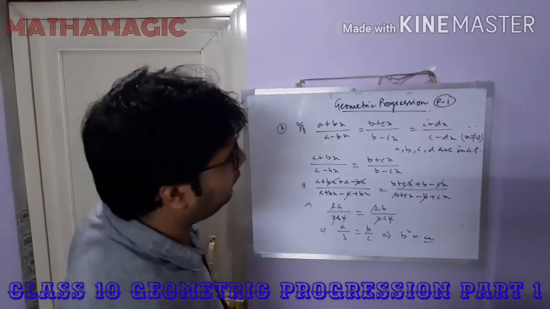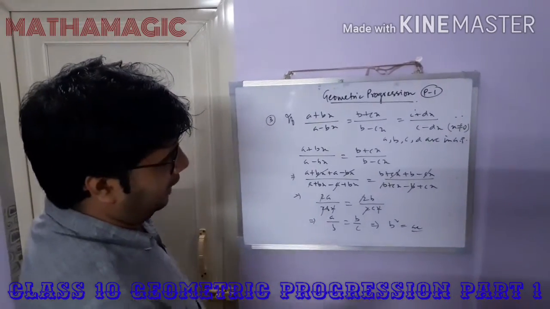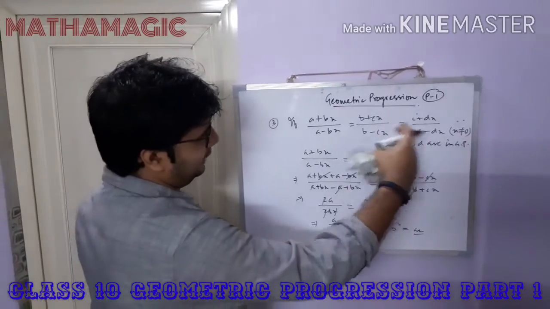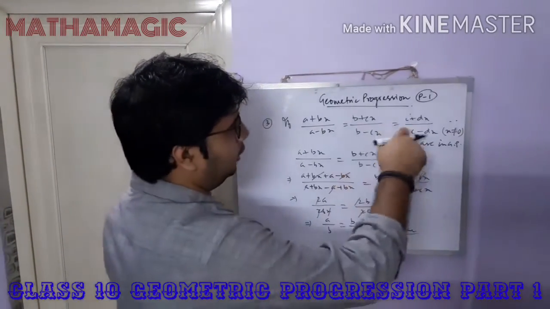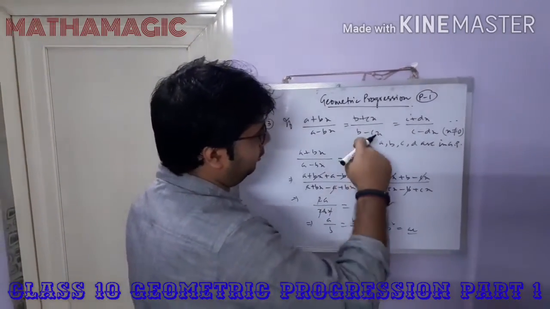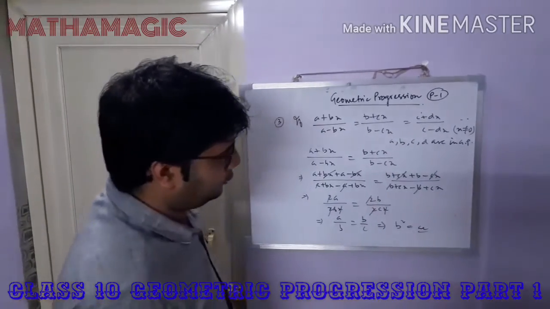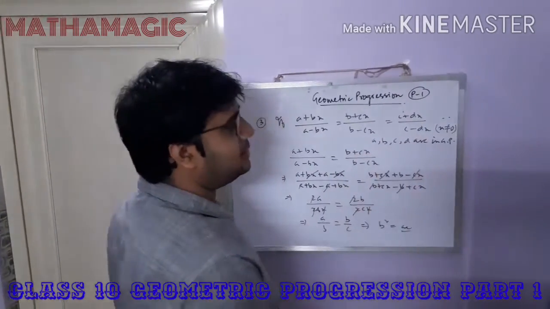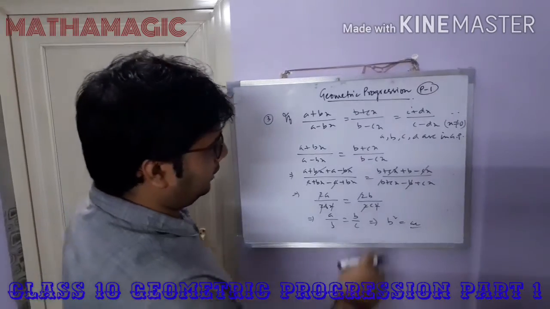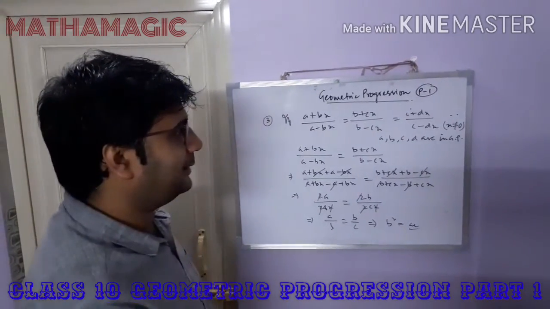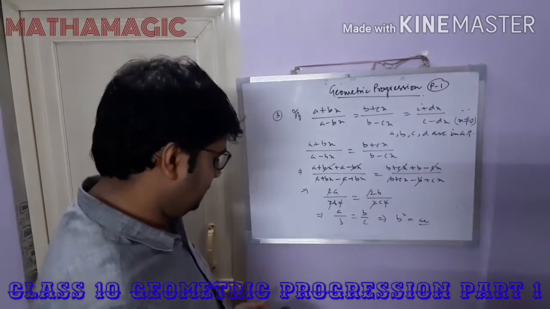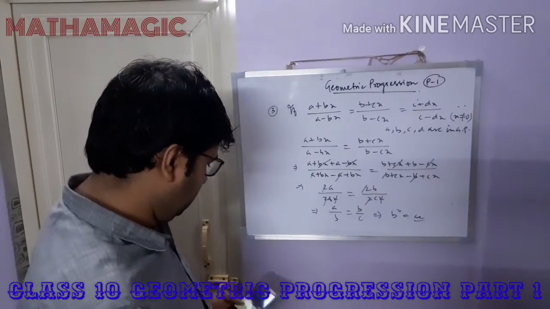This is how we can solve these kinds of problems. So I am not completing the sum. You have to do the second part, that is, you have to perform the same componendo and dividendo for the second two ratios, so that you can find that b, c, d are in GP, and then club these together. So you will get the conclusion that a, b, c, d are in GP. So please note it down.